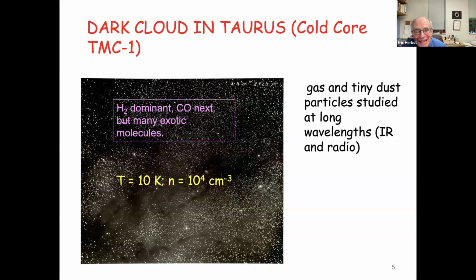But just remember that the density in the room where you're sitting is billions and billions of, well, the density is very, very high. So 10 to the fourth is a very, very low density. And it's very rare that molecules and atoms come and hit each other and perhaps react. So the most abundant molecules, just to name a few, are molecular hydrogen and carbon monoxide in the gas. But there are many exotic molecules, as we'll see, both in the gas and some on the surfaces of dust particles.